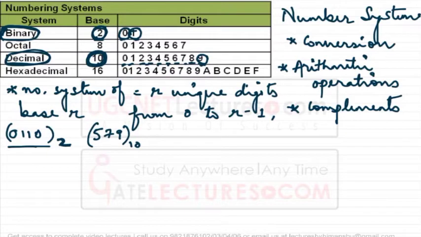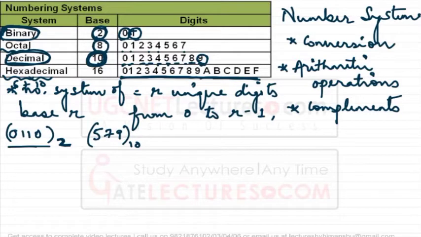Octal is another number system that we may use. Octal, see, oct means 8. So this octal number system is going to have 8 unique symbols which are 0, 1, 2, 3, 4, 5, 6, 7. 8 unique symbols. That is why the base is 8. Hexadecimal. See, hexa means 6. Deci means 10. So this hexadecimal number system has 16 unique digits. From 0 to 9, there are 10 digits and 6 alphabets we are having. Why are we having 6 alphabets here?